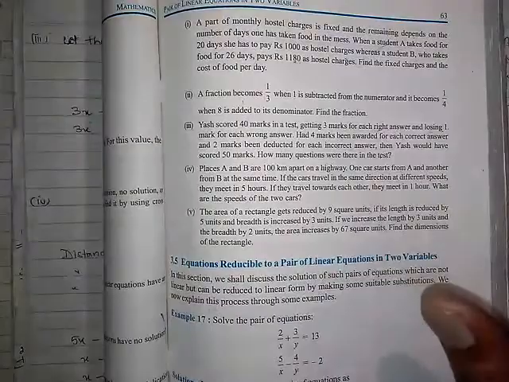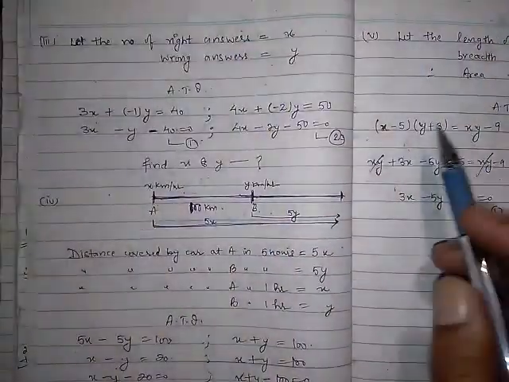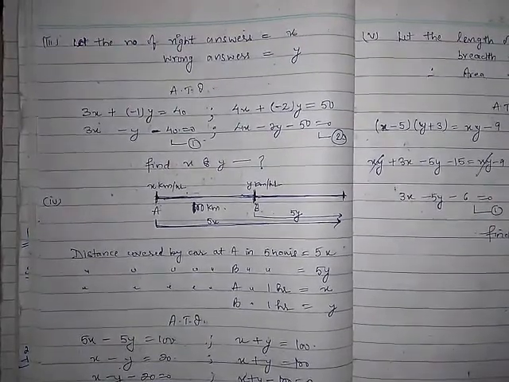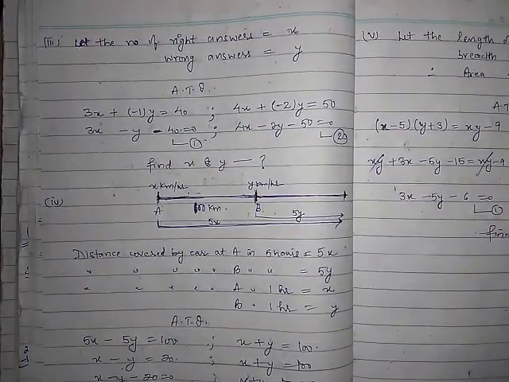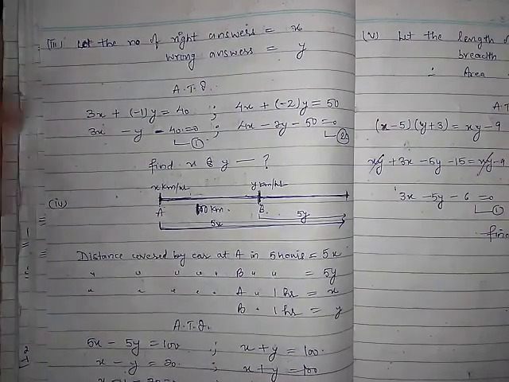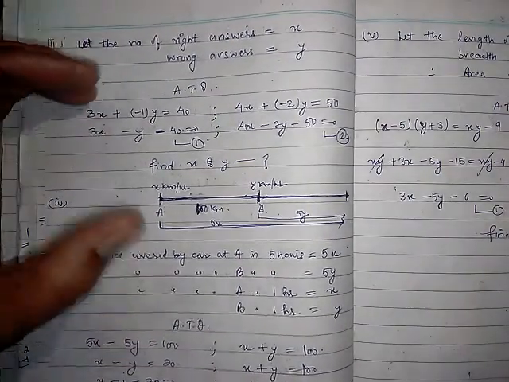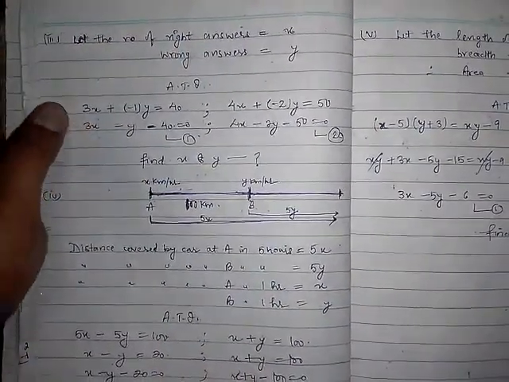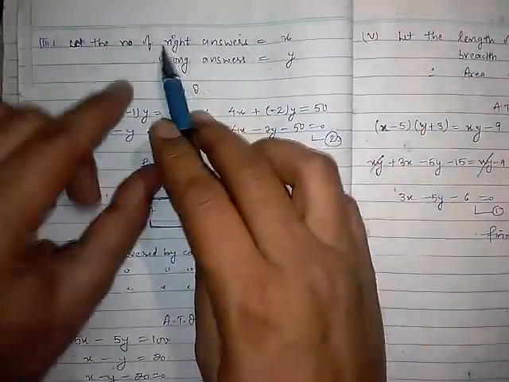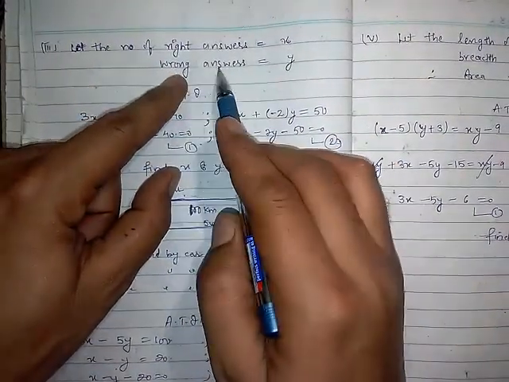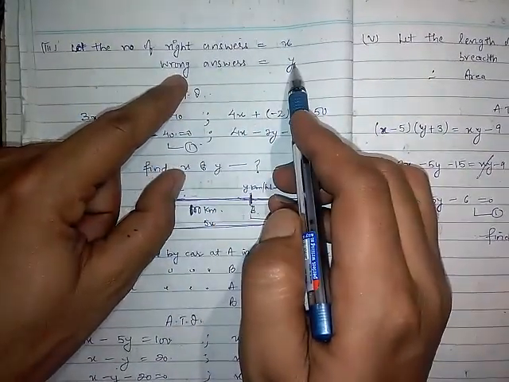It means, of all the questions, some would have been wrong and some would have been right, okay? So there will be some correct answers and some wrong answers, and when you make the total of wrong and right answers, that will give you the total number of questions in the test, right? So let us suppose the number of right answers is equal to x and the number of wrong answers is equal to y, right?